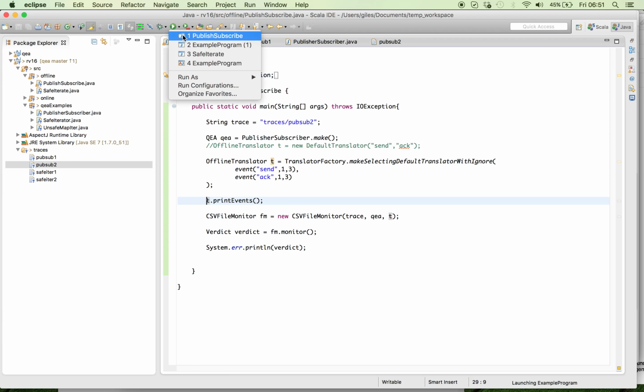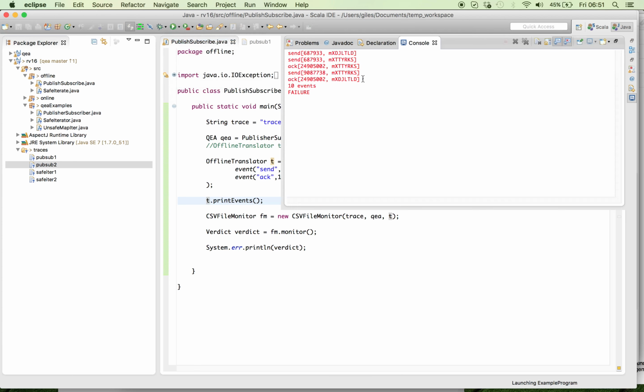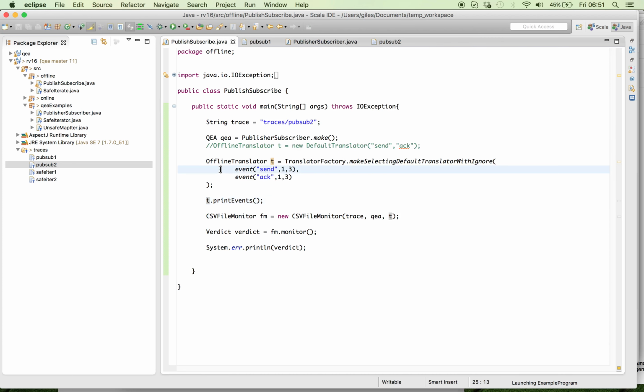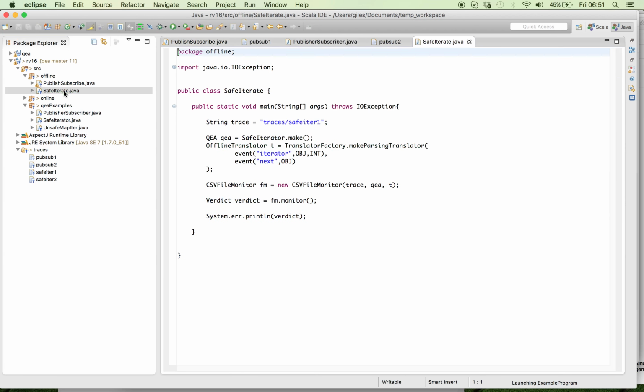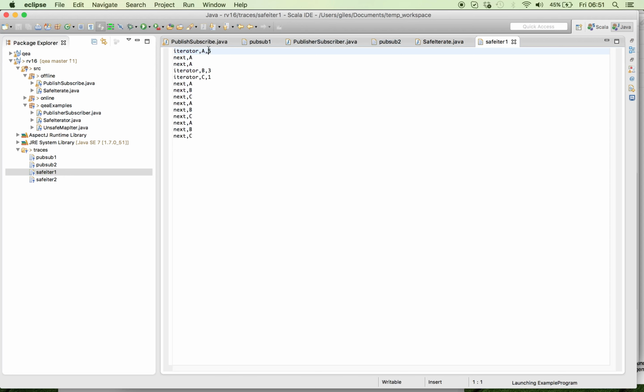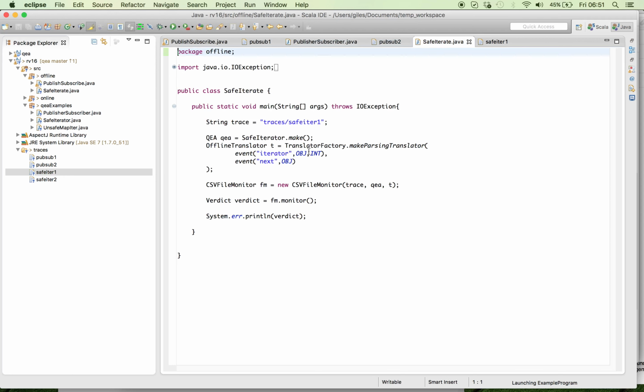And so we can tell the translator to print the events. And then we can also just get the information that was extracted. So perhaps things are looking a bit odd, you haven't extracted the right things, you can view what the monitor is seeing by doing this. Something else we can do with the translator is parse things. So if we take the safe iterator problem and a little trace here where we've got integers which represent the size of the collections, we can tell